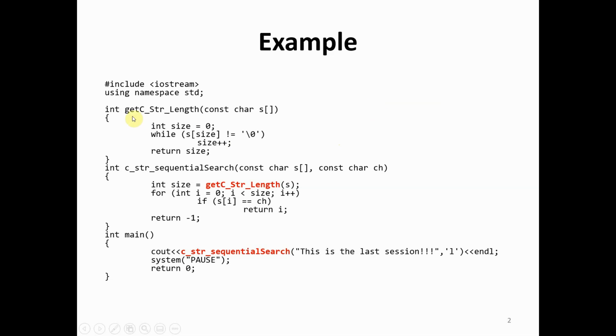So in this example, we have three functions, including the main function. In the first line of the main function, we want to print something, and we call a function called cstring sequential search. We're passing two arguments to this function. So whenever a function is called,